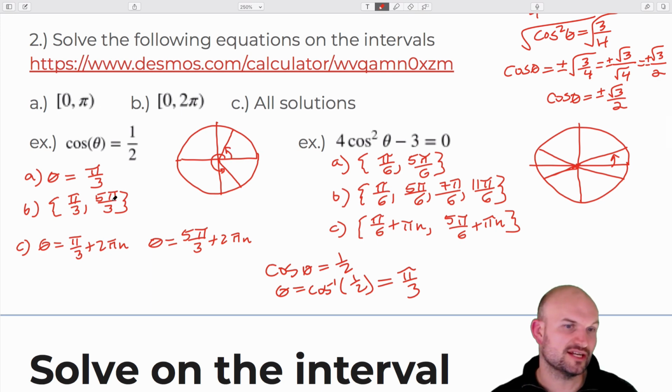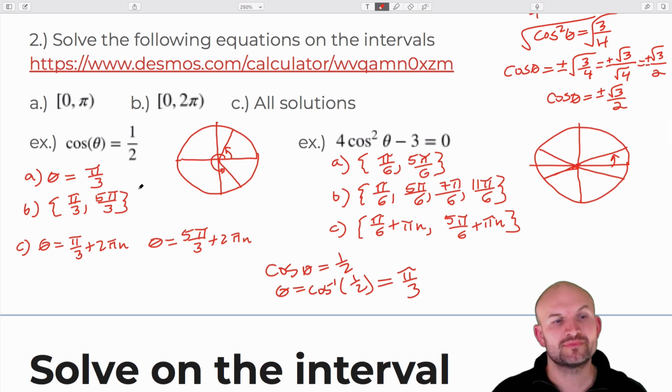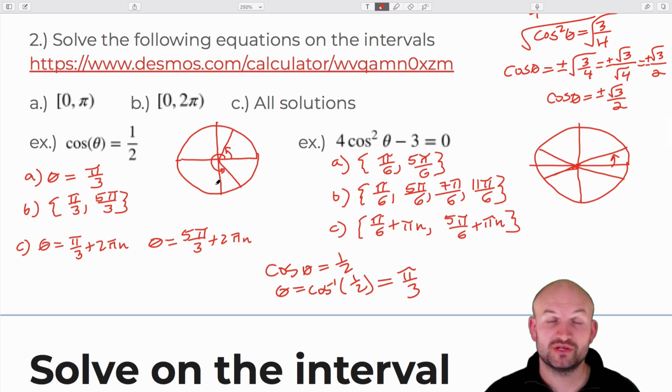However, if I said find all the solutions on the interval 0 to 2 pi, which is basically the unit circle, you can see there's only 2 angles where the x-coordinate, right, cosine of the angle gives the x-coordinate, is equal to 1/2. And then for the last example is finding all the solutions. Now this one gets a little more difficult for students to understand. And the reason being is,